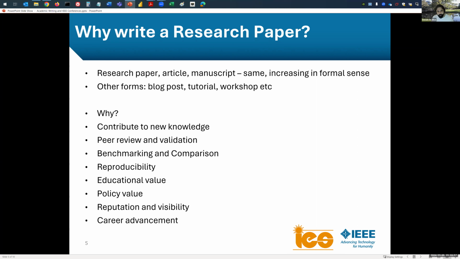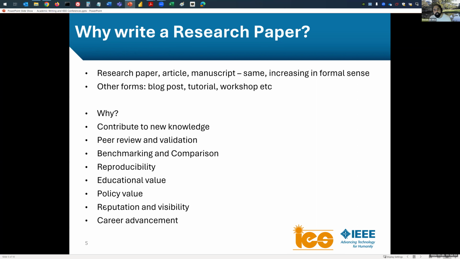Educational value is when you take research into the classroom. There is some evidence to this as well. For instance, the AI lifecycle that I showed is something that I share in the classroom, and that helps me to teach the students about AI and how to use it. It can go into government as well, for policy development. Especially these days, governments want to know how best to use AI effectively for as many people as possible.